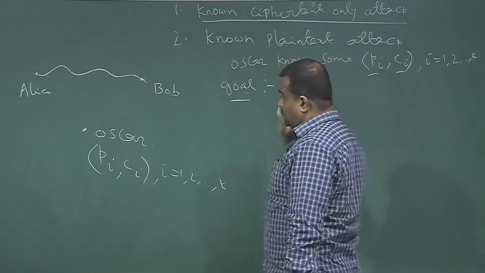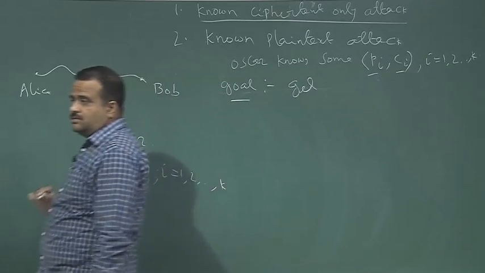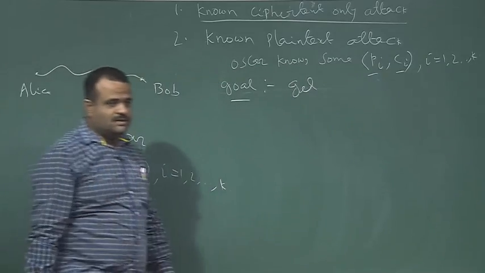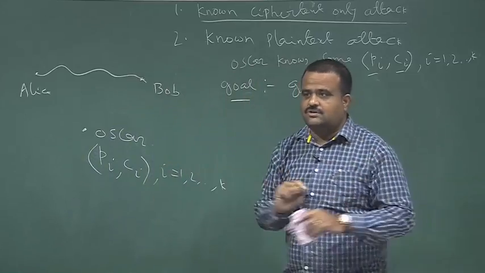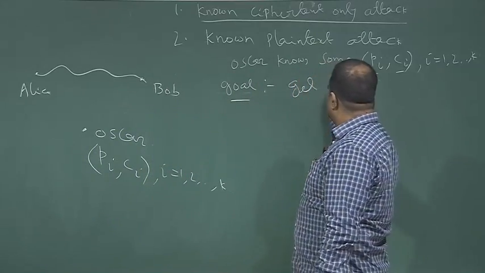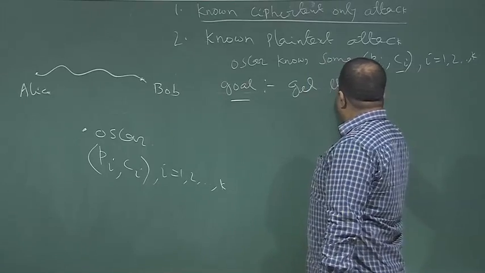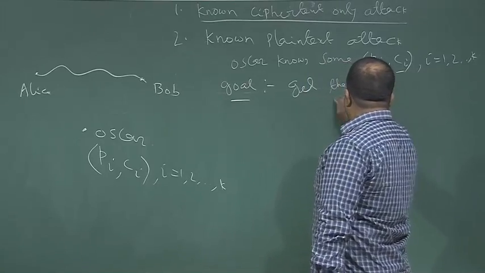The secret key is not known. If it is symmetric key encryption, that symmetric key is not known to Oscar. So the goal is to get the key, what is the k,